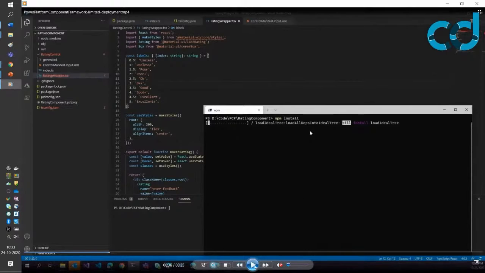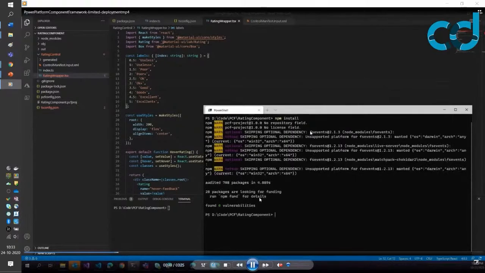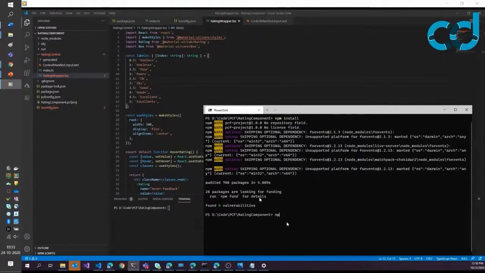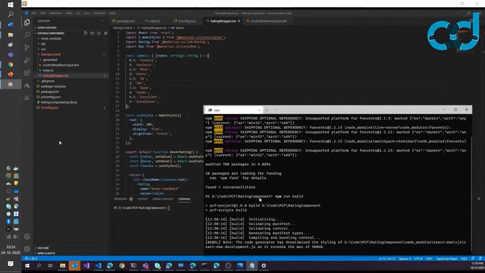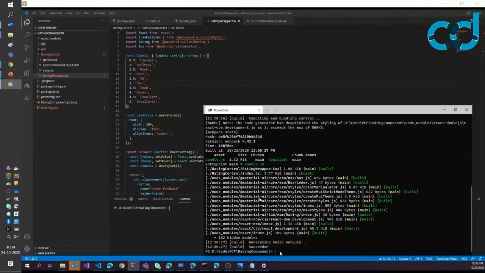Let me walk through because there's not a lot of code. I will do the voiceover and make the video available. So the first thing you do is we run npm install for loading all the dependencies. Then we run the build, which builds the actual component. And then lastly, we will run the solution, which loads the component framework shell or test client. So you can run it on localhost and test it locally. And then that will run in a moment.